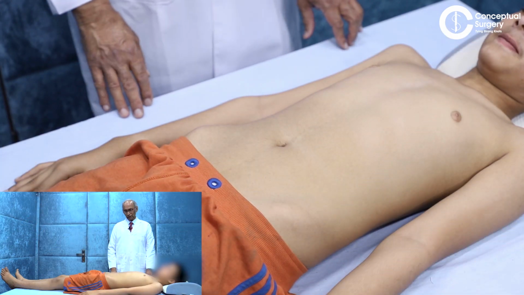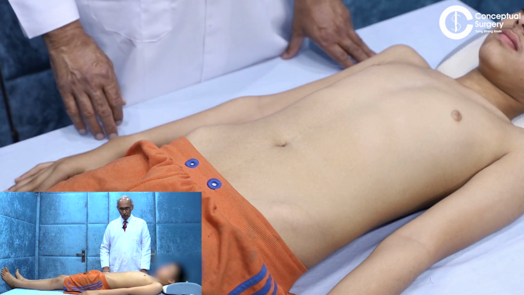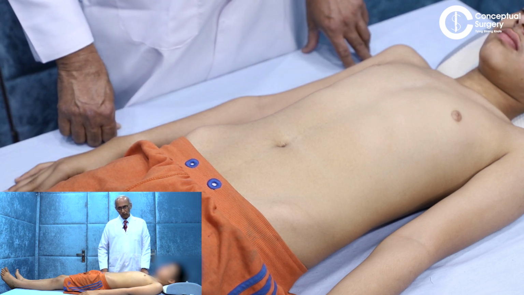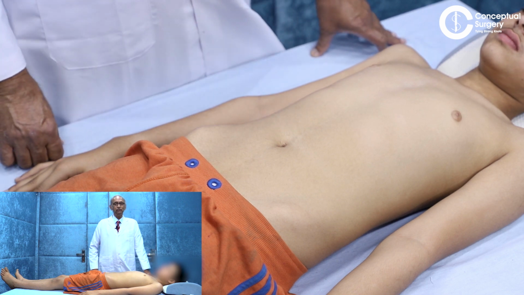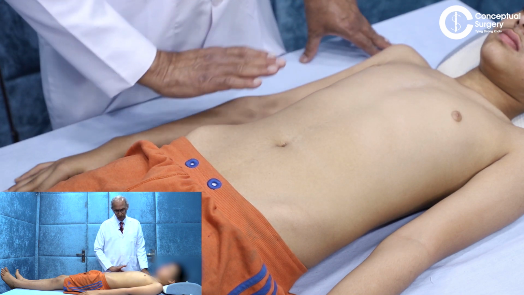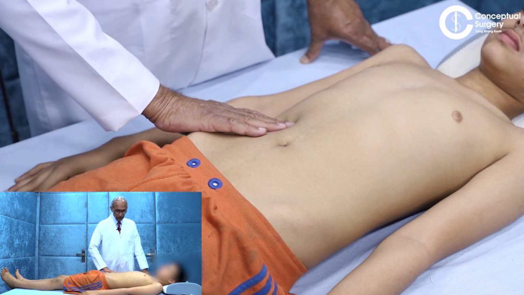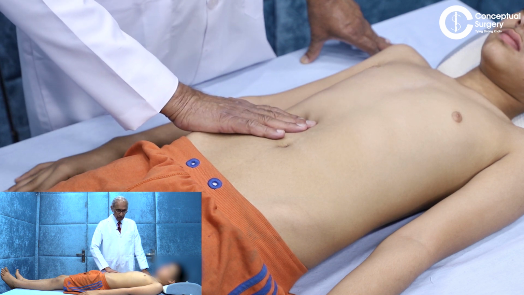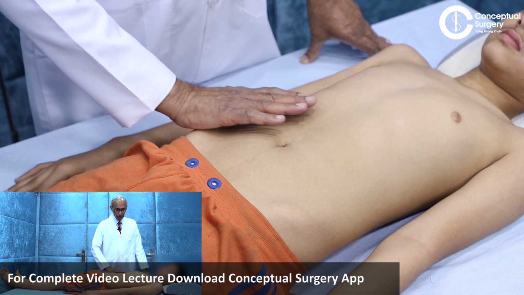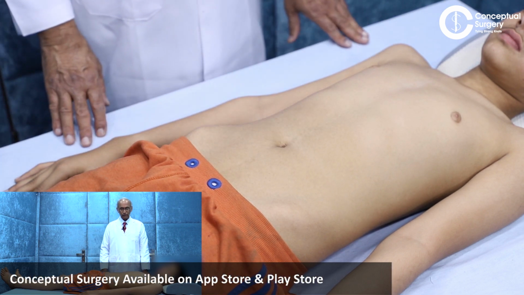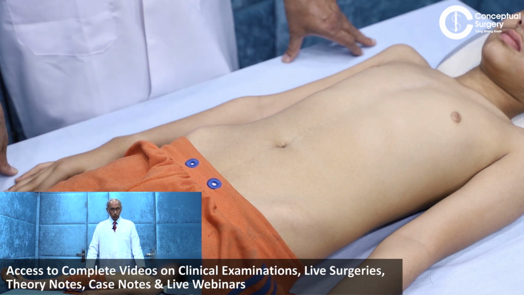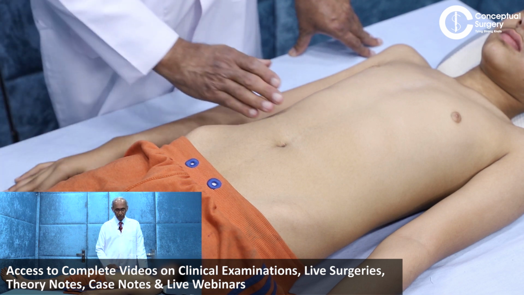If it is enlarged, then it will 100% touch your finger. But if it's not enlarged, it's quite likely you may just feel the margin of the liver. It's essential to find out whether the margin is well defined and whether it is tender. There are many other ways of palpating the liver, but this is the standard format we normally expect from examinees: you feel gently for the liver. See for the presence of enlargement, see the surface, the consistency, whether it is smooth or not, and whether there are any nodules. All these findings have to be checked when you're examining the liver.